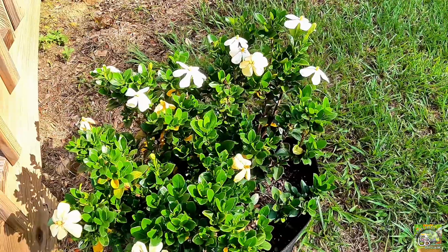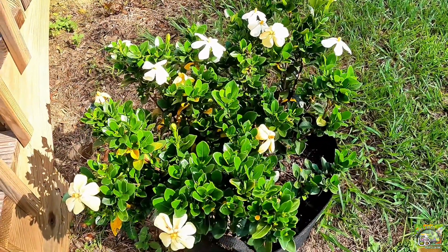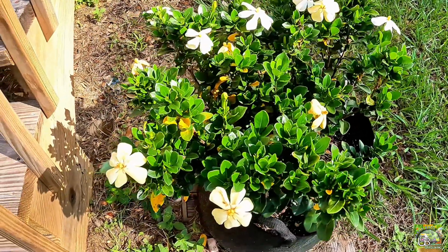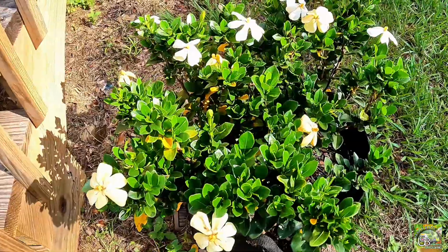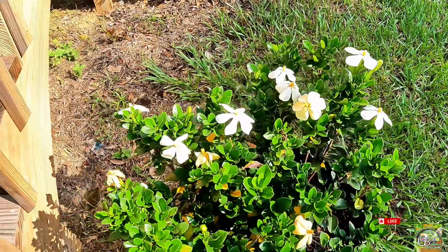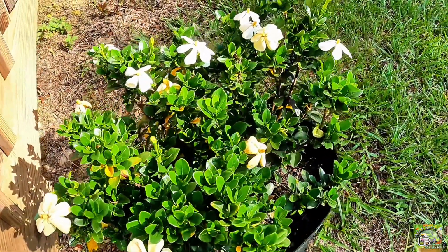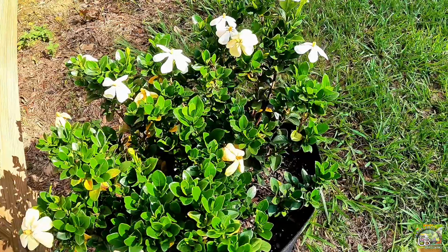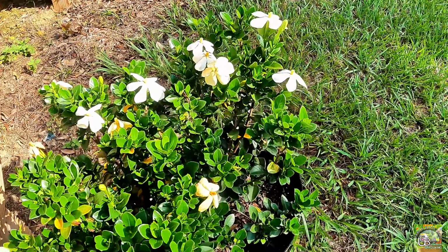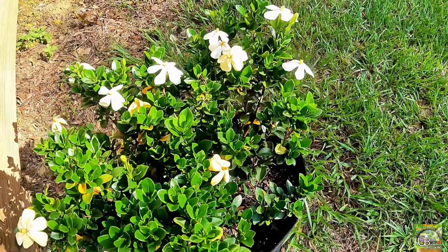We're here looking at my wife's gardenia plant. This is one that I planted for her earlier this year, and it is putting out gardenias. They smell wonderful, and they look nice and pretty. The plant has grown a lot since it arrived. I believe I got it from Johnny's, if I'm not mistaken. And I just put it in a grow bag so that if I need to move it, it's easy to